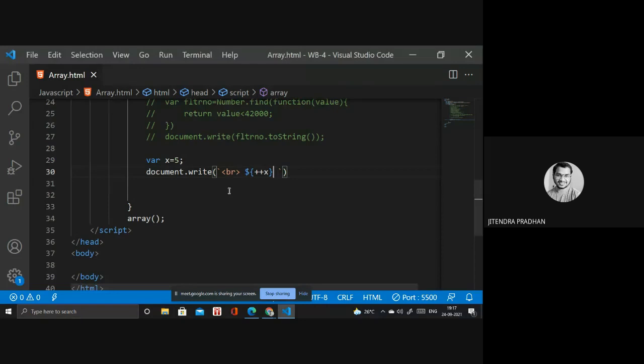Okay. I hope you got that point. In post-increment, it will assign the value, then it will be changed. But in pre-increment, it will increment the value, then it will be assigned. Okay. I hope you got this point.